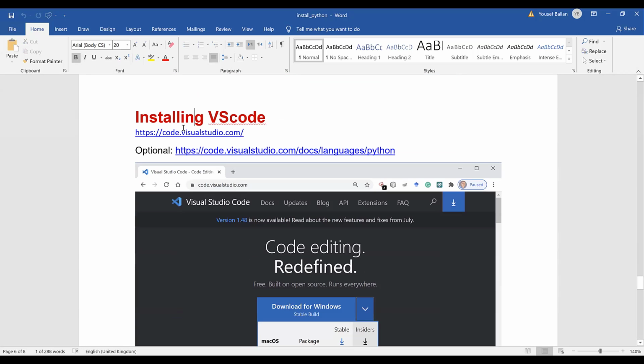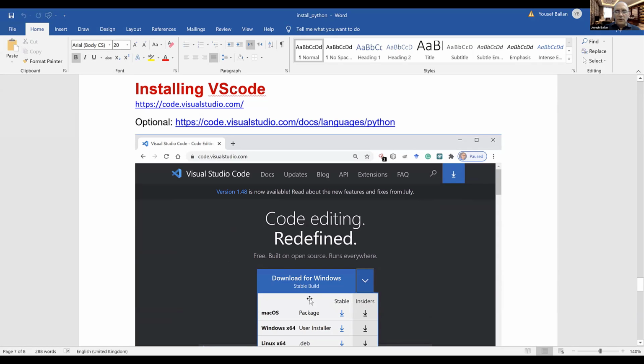So now we need to work with an IDE. I recommend Visual Studio Code as the best IDE for working with Python and Django later, because you can share work with other technologies like React, like Angular, and so on. So this is a perfect IDE to work with. I highly recommend this. I have a lot of projects that I built with it, and I can show you later with this